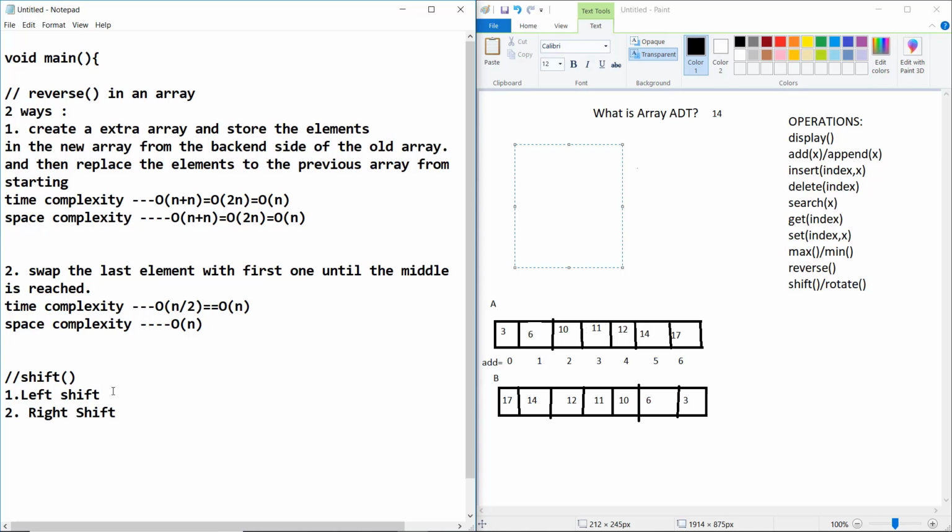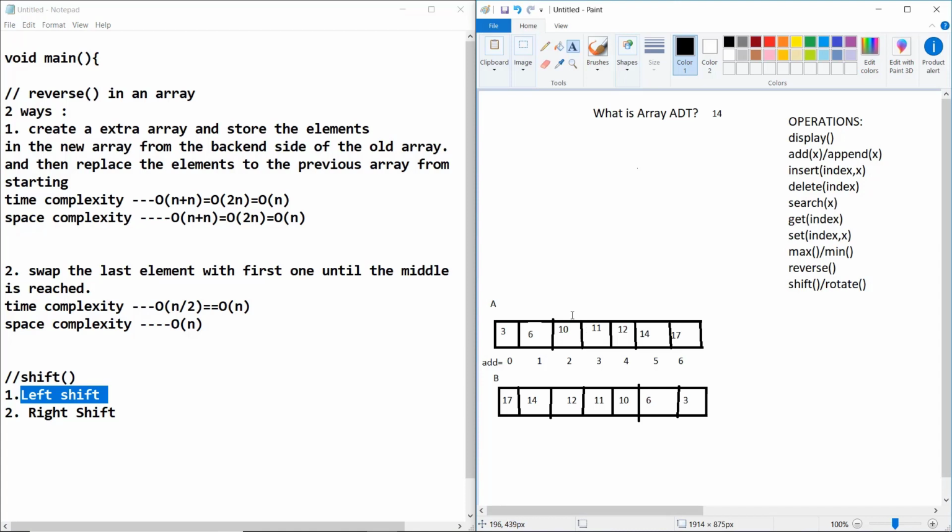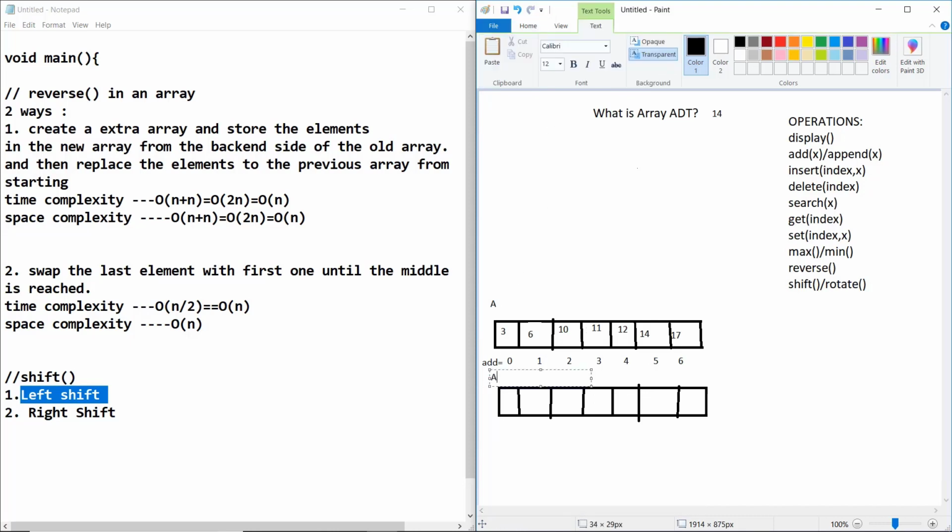So in left shift, each element is moved by one pointer, this side, this side, this side. Just imagine that I create an array, so let us suppose this is capital A array.